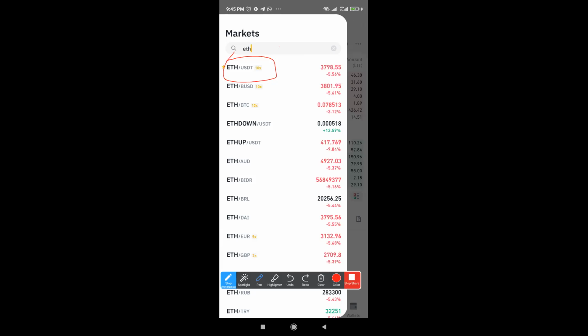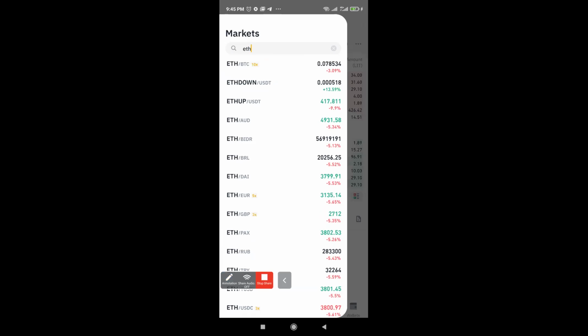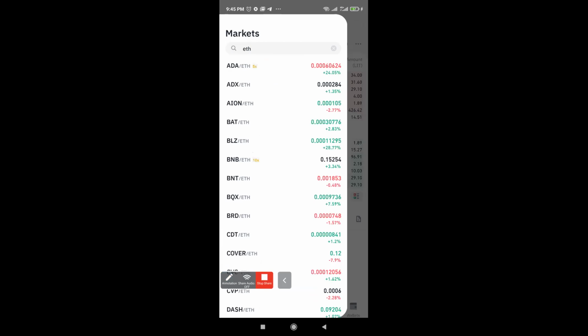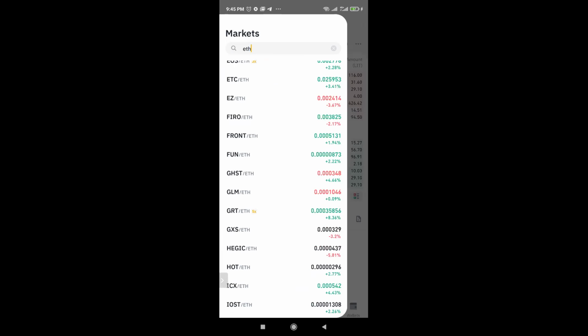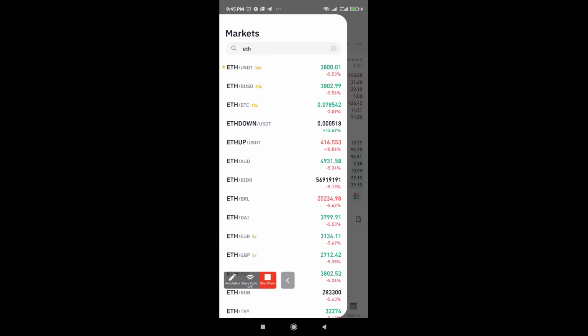If what you have is Bitcoin and you want to swap your Bitcoin to get Ethereum, you come here and search for Ethereum, ETH, and then look for Ethereum/BTC. It might be a bit difficult to find. Look at it here. If you click on this, instead of Ethereum against USDT, it means you want to swap your BTC for ETH. I don't know if you understand. When you are buying Ethereum using US dollar, you are basically swapping your US dollar for Ethereum.